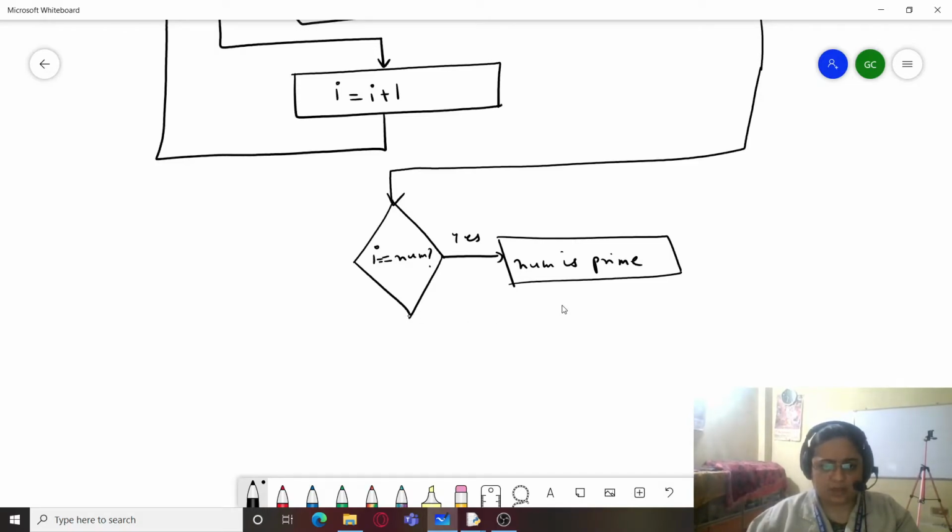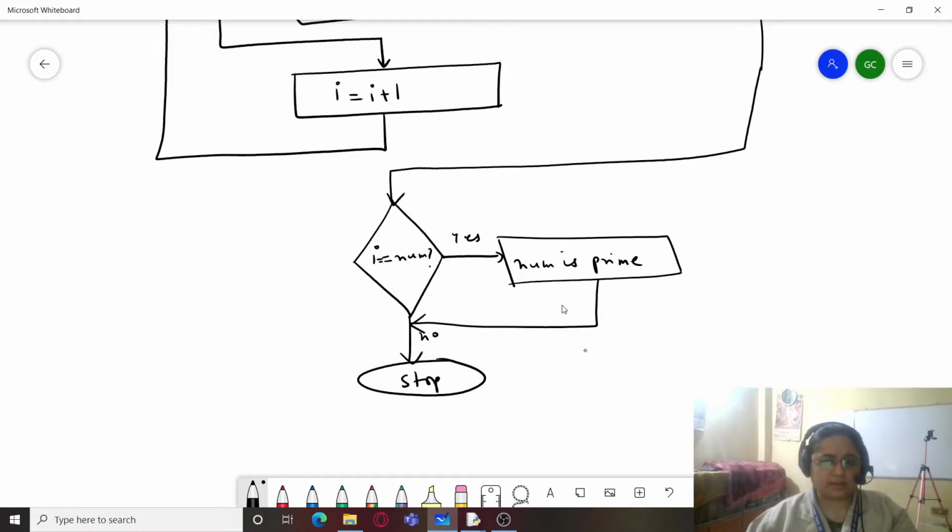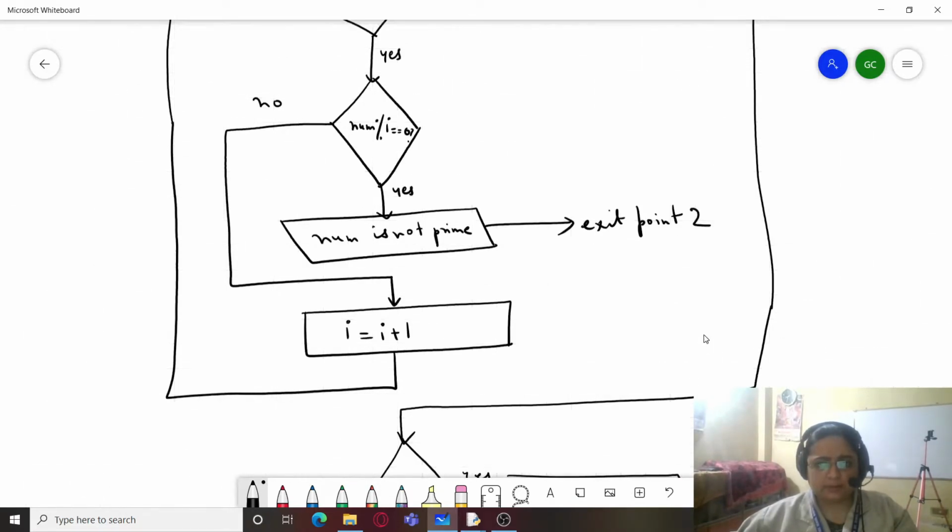And if it is not, then we are simply going to stop over here. And same way, after executing this statement, it also joins the stop, right? And from here also, this exit point leads us to this stop only. So we'll just join this with this edge and it becomes our exit point too.